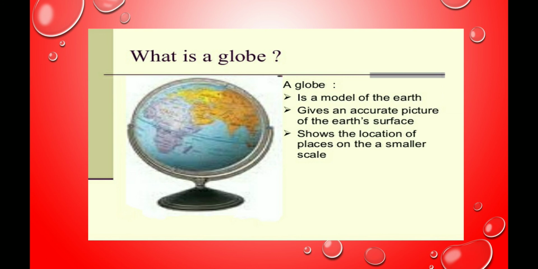So, globes have two types: terrestrial globes and celestial globes. Now, what is a terrestrial globe? Terrestrial globes are a spherical map of the world, which talks about raised relief features, whereas celestial globes use the earth as an imaginary center of the universe to map the stars in spherical form and show the notable stars and constellations.